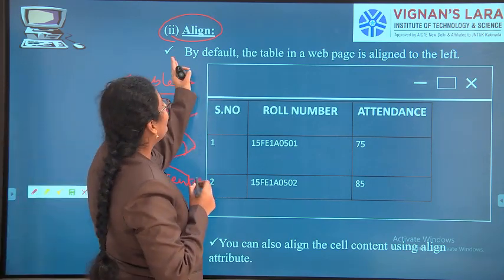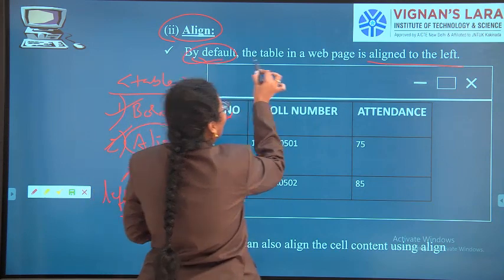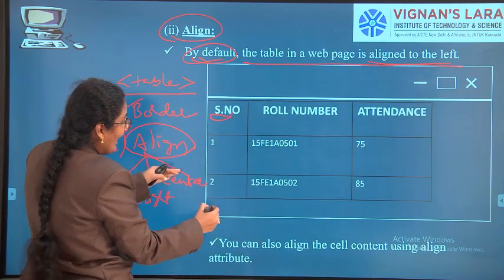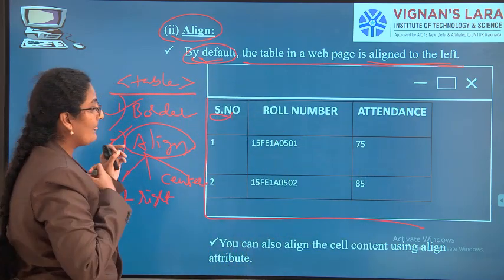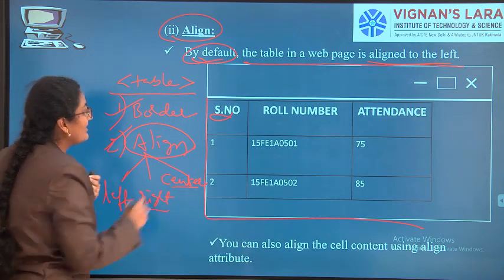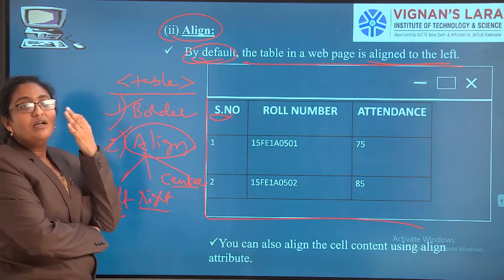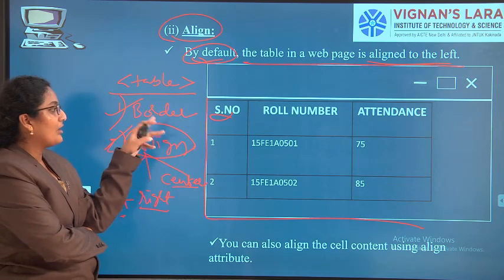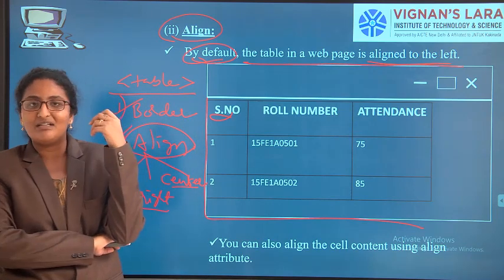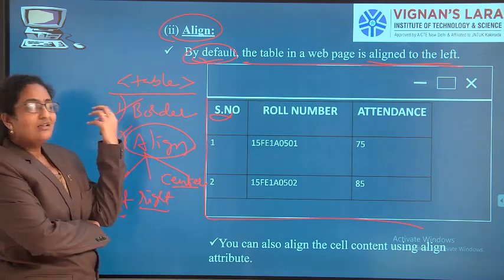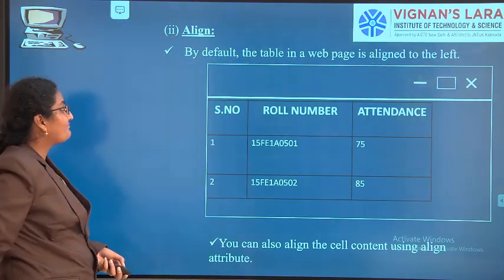Now see, by default table will always be aligned to left. So as you see here, this is your output screen. Table is aligned to left. You can also align it to right and center. So table is also a tag. It also will have attributes. First attribute is border. If you give a border value equal to 1, then only your table will get border. Second attribute is align. About align attribute you already know while talking about images also. So alignment can be left, right and center. By default it will be aligned to left. You can give right and center also.